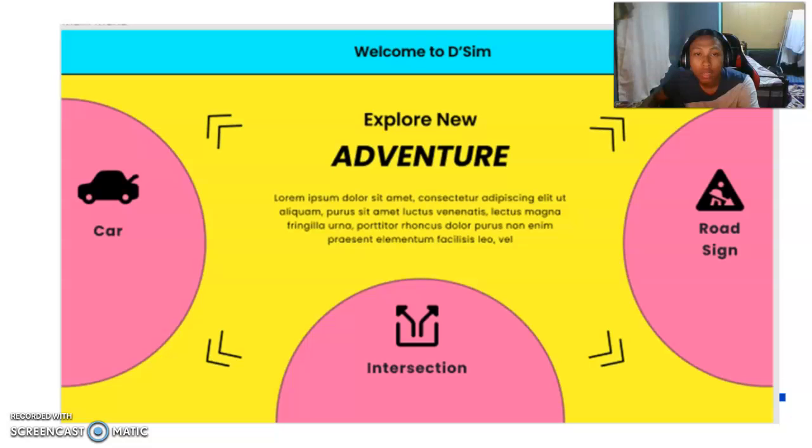So for the expected result, this is the main page of this project. The upper page says welcome to the sim.